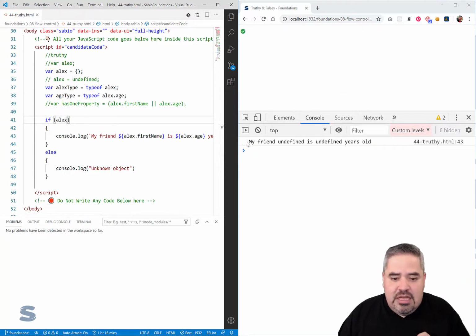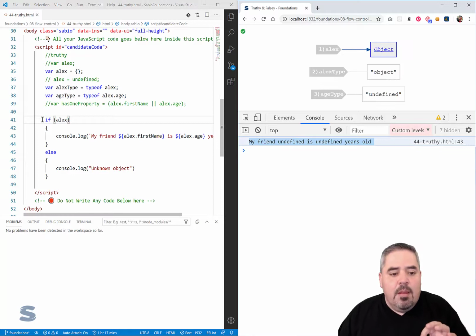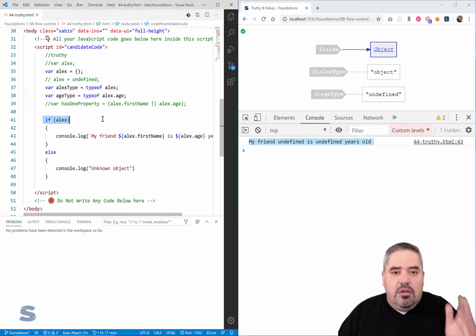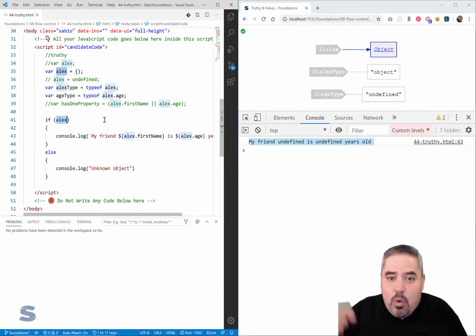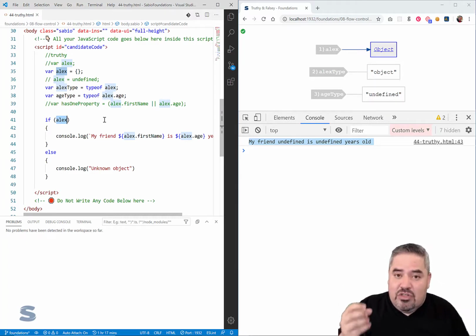This is first level null or undefined checks, affectionately called in many languages null checks, null reference checks. You want to make sure that Alex does not point to a null pointer, meaning a variable that points to nothing. In JavaScript, nothing is specifically called undefined or null. They're interchangeable. There's a slight distinction between those two, but the fact that the pointer points to no object, we can call it a null pointer